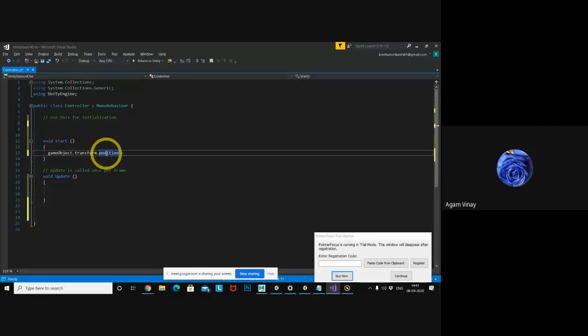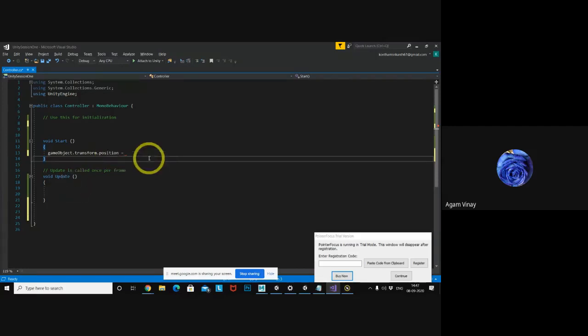Okay. So whenever you are writing dot position, it will give the information or it can be used to set the information. Whenever you put the cursor on position, you will see here position get set, so you can get the value or you can set the value. Now I want to set the value. Position is of type Vector3. Vector3 means, in maths you know, Vector3 is nothing but three values: x, y, z. So Vector3 you need to assign for the position.